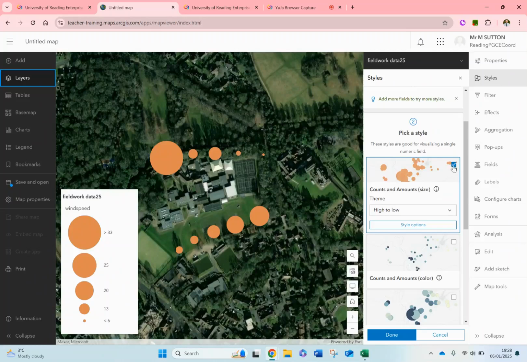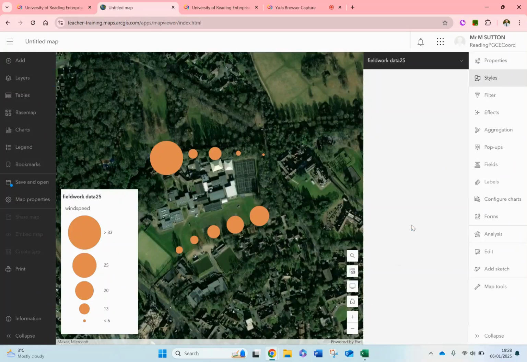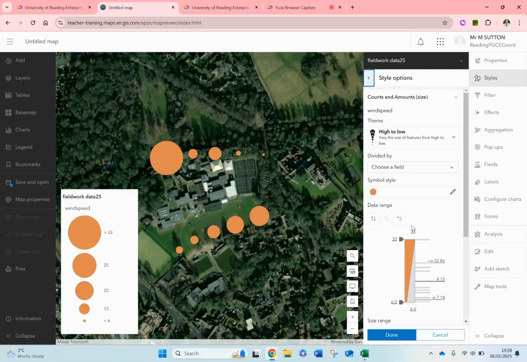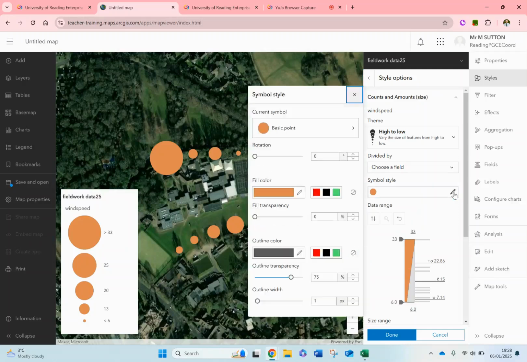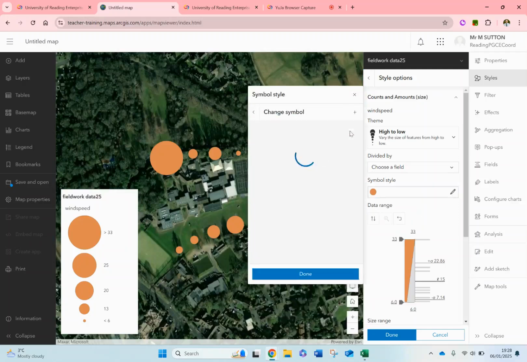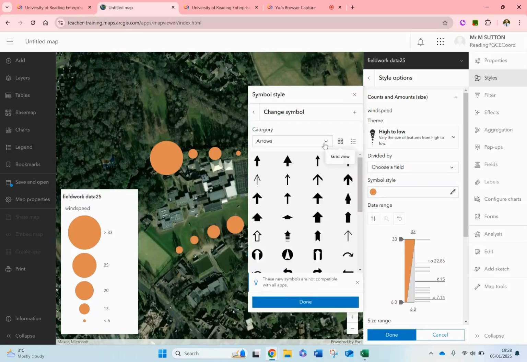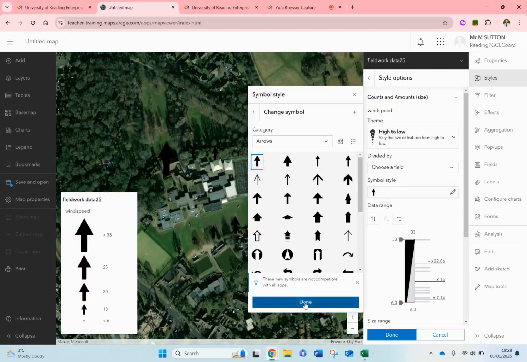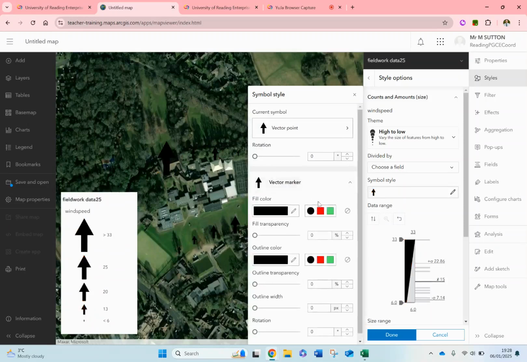There's a white tick there in a blue box, and that's shown me that it's using proportional circles. If I go into style options, I can then change these into arrows. So rather than a circle, I am going to pick an arrow. I think I'll have that chunky arrow. It's pointing upwards. That's really important. So I'm going to have an up arrow. I'm going to make it red so we can see it. Okay, but importantly,